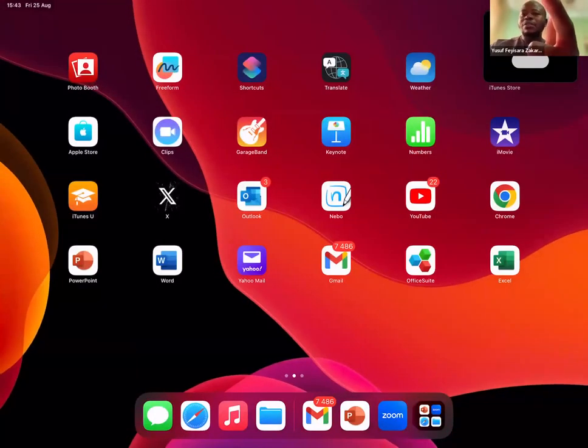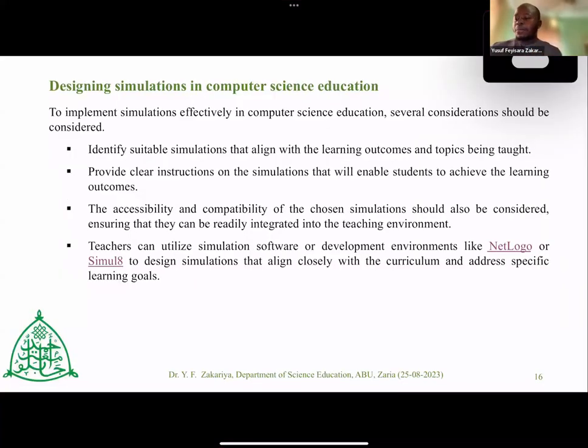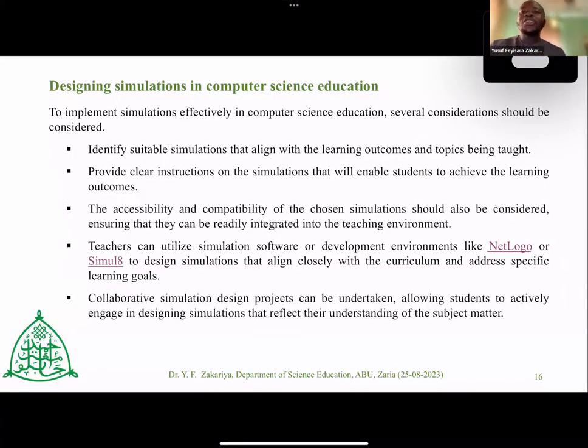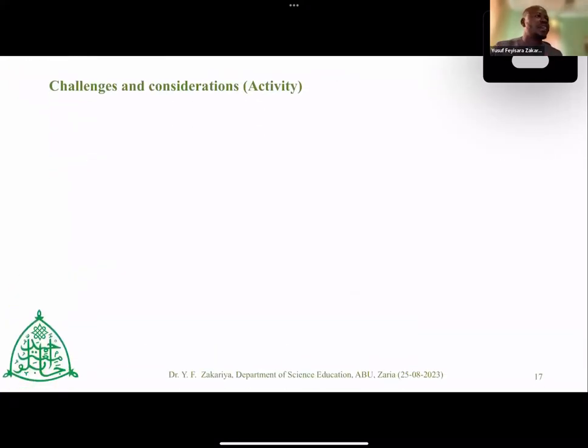All right, perfect. So what again you consider when you're designing your simulation is that collaborative simulation design projects can be undertaken, allowing students to actively engage in designing simulation themselves, and then they can reflect on their own understanding of the subject matter. So let us have another activity